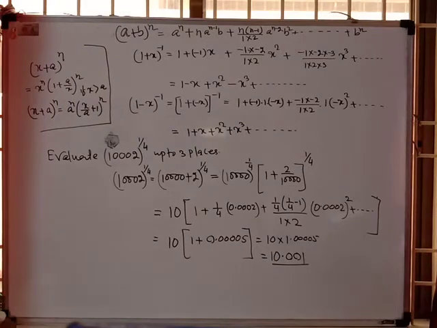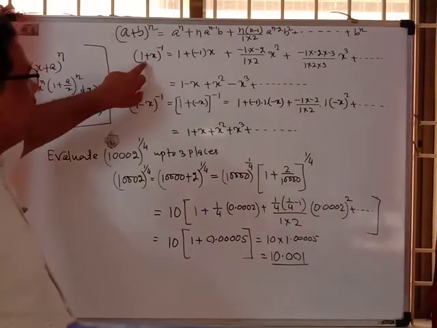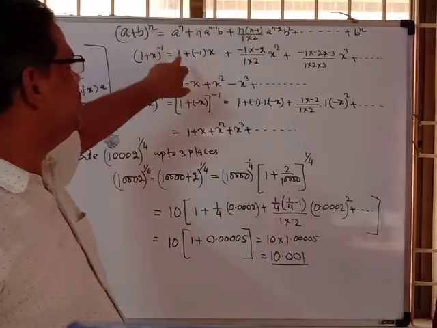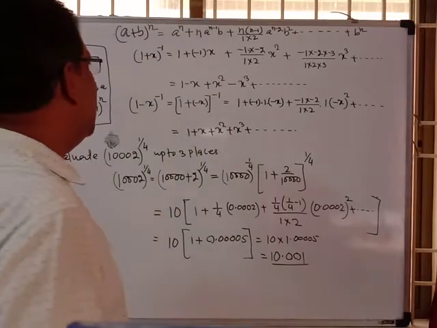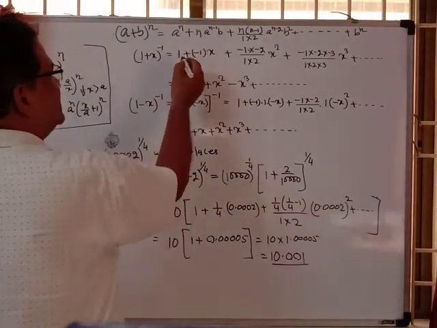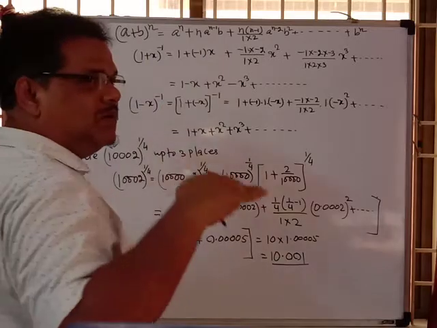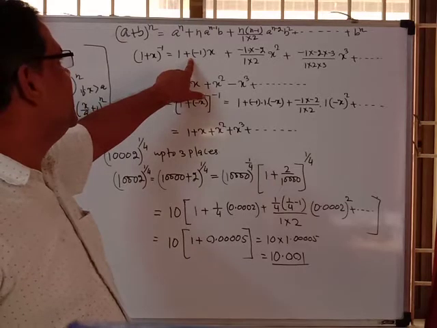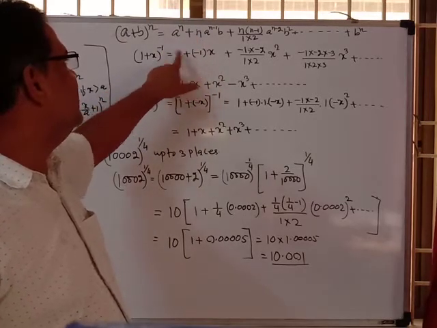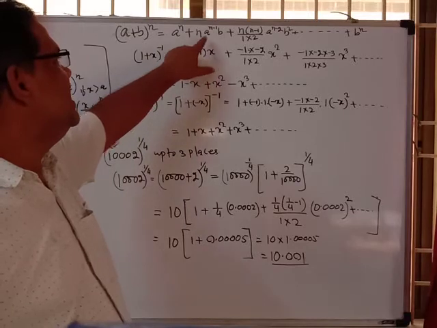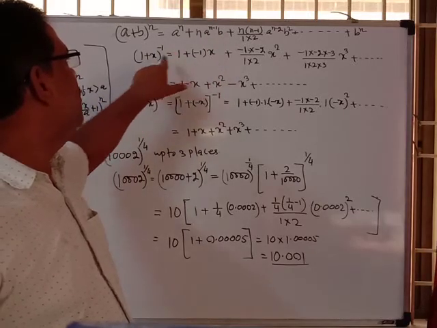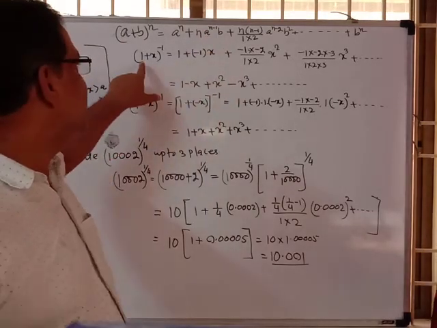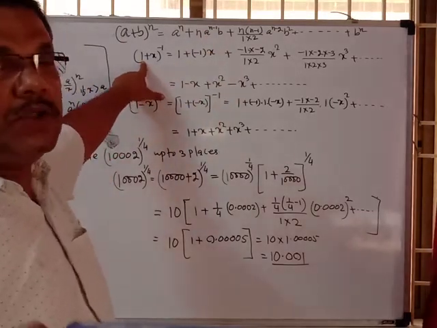Now similarly, if you want to find the expression of (1 plus x) to the power minus 1, use the same formula. Just look at the formula and tally it. Here a to the power n means 1 to the power n, and the power of 1 is equal to 1. Then 1 plus n into a to the power n minus 1: in place of n we write minus 1, so it is minus 1 into 1 to the power n minus 1, which is also 1, because the first term is 1 and the power of 1 is always 1.